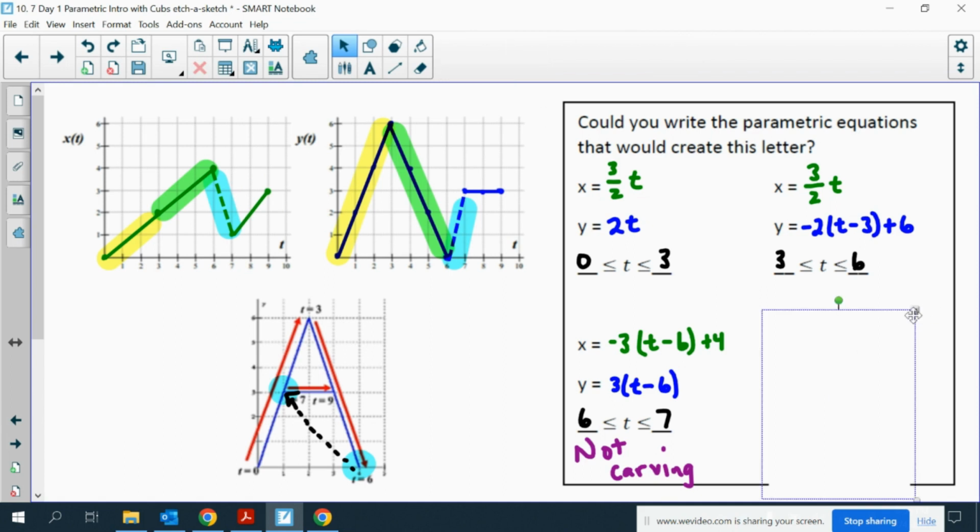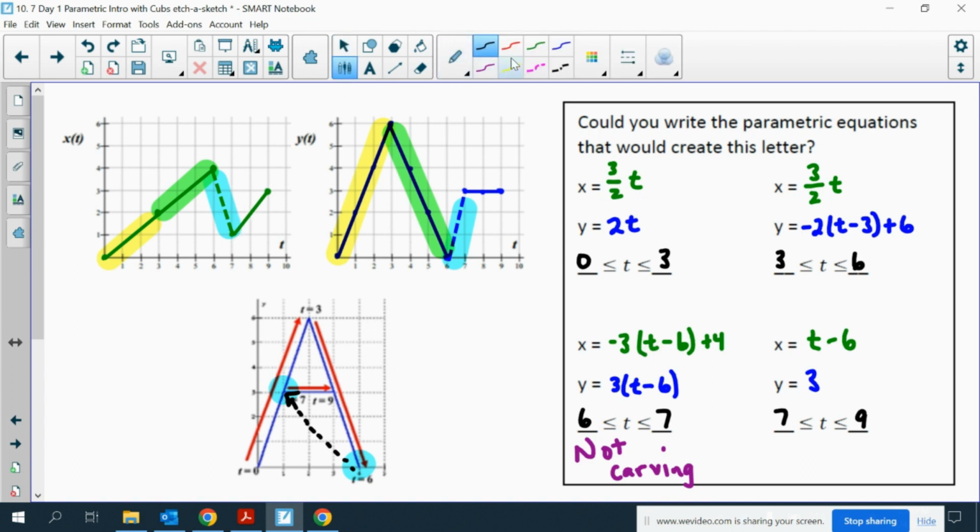Then finally, my y line is a straight line. That doesn't, it's a straight horizontal, vertical. It's a little confusing. But since this line on the A doesn't change y's, I need my y value to stay the same. And then x equals t minus 6, which if you looked at this equation here, notice that the y value is staying constant. The x value has a slope of 1, but it's a t minus 6 because if I extended it all